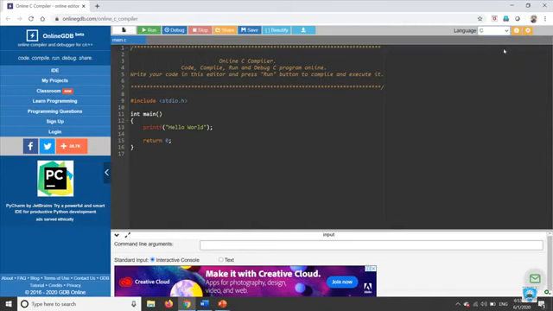Today we will learn C language, but this website is an online compiler. If you do not have Turbo C at home, you just go to the browser and open this website, online compiler with multiple language support, that is onlinegdb.com, and you paste your code over here and the program will run.